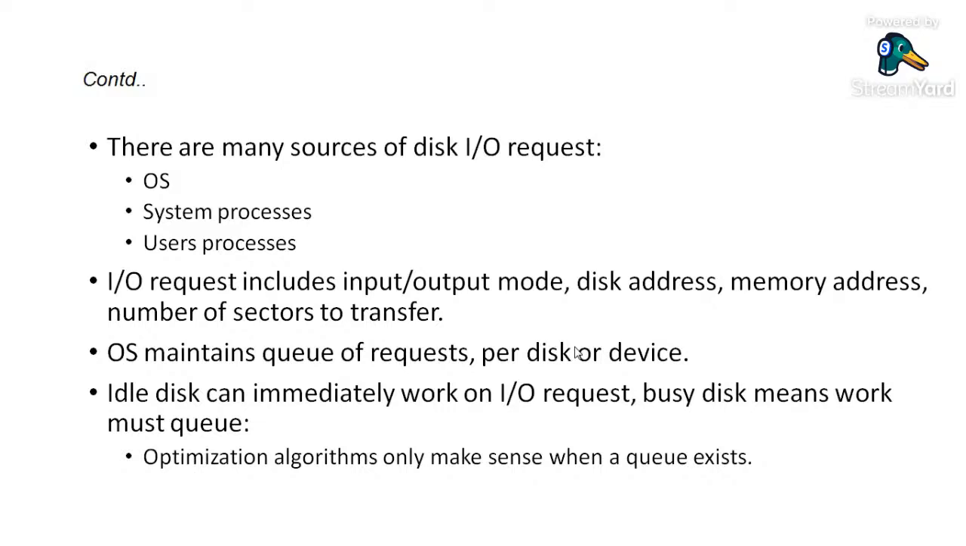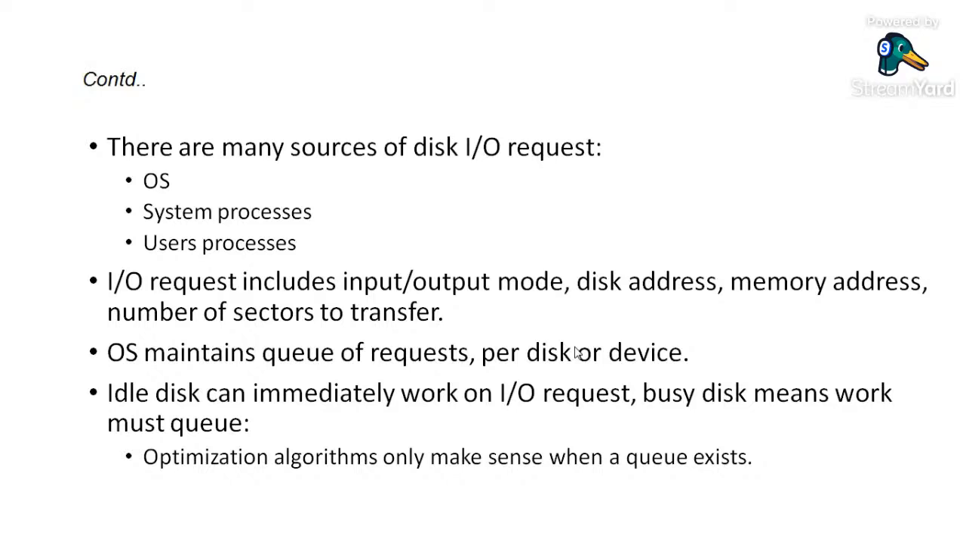Input output request includes the IO mode, disk address, the memory address, the number of sectors to transfer. So whenever an external event occurs in the form of the input output request, what does it consist of? It consists of the particular disk address, surely the memory address must be there, and the number of sectors to be transferred. So these three are the major parameters or entities in the